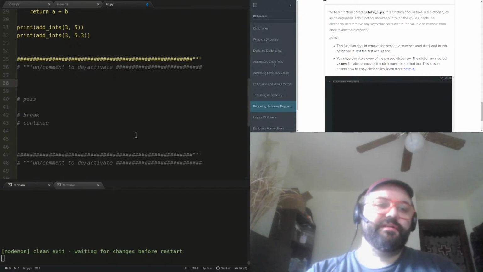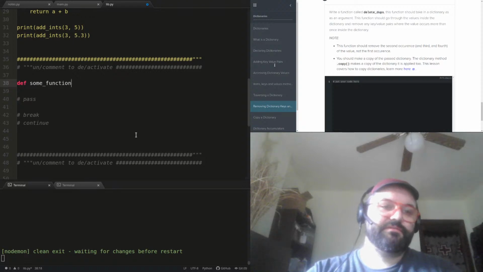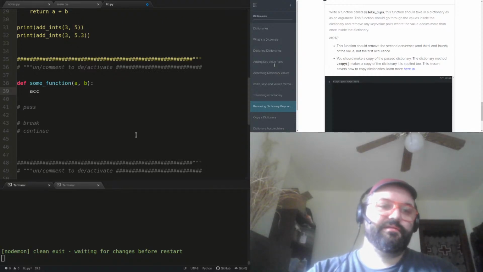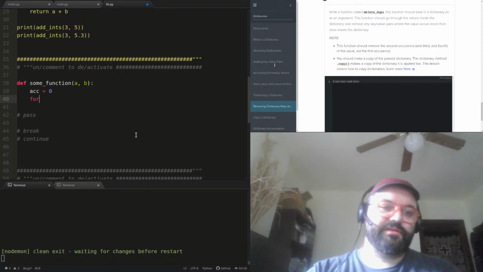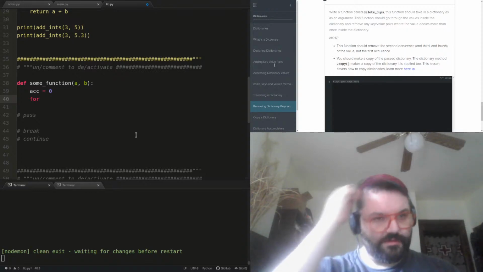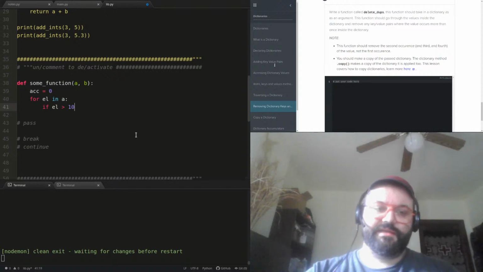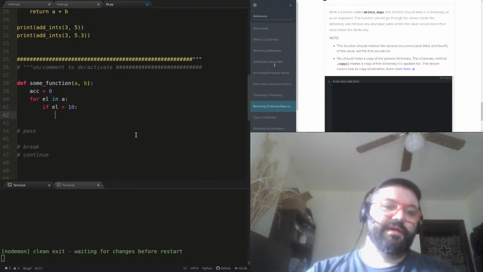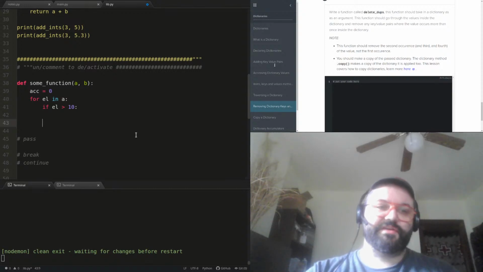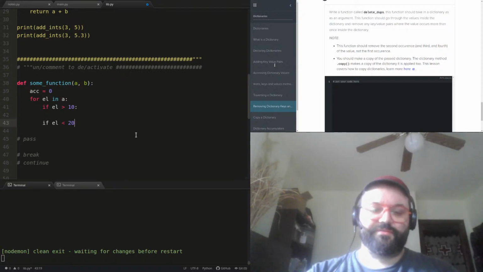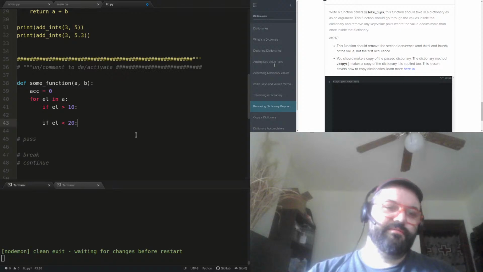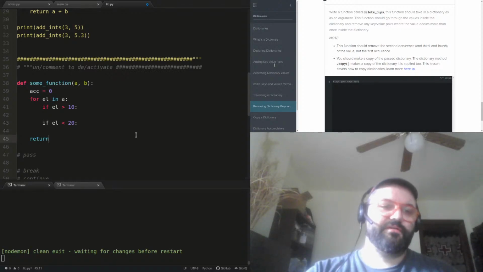Let's say you're in the middle of some function, and you've got, I'll just say an accumulator, and you're doing for L and A, and you say if L is greater than 10, just making something up, and then you say, oh wait, I need to check this other condition too, and we'll say if L is less than 20, and I know I need to return ACC.